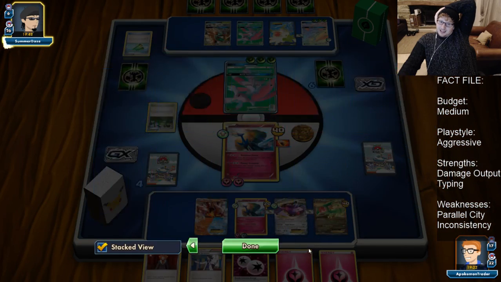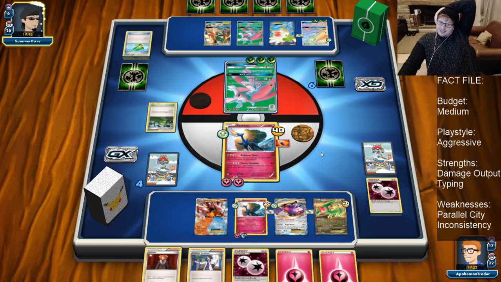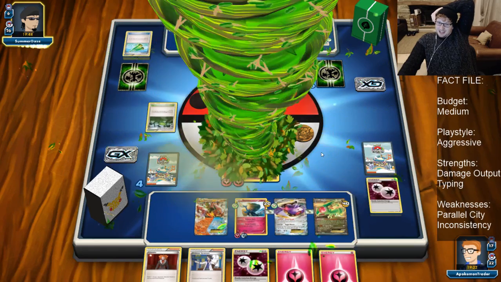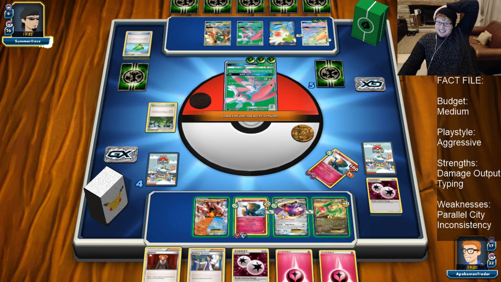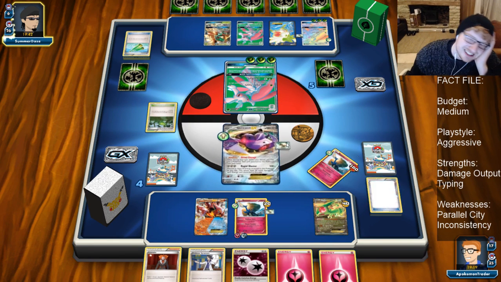Okay, this is where we just get a blowout turn and it's all fine. Right? It's where we find another... This is where we top deck a Xerneas and it's all fine. So bad. Oh, we were so far ahead. Oh, God damn